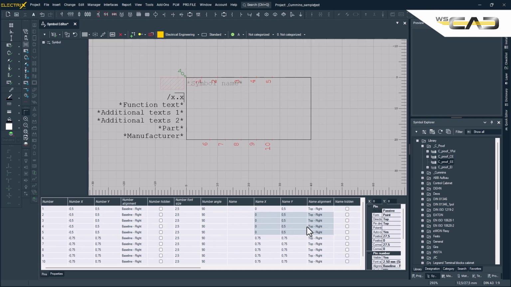For the pins at the bottom of the symbol, starting on pin number 6, your entries is number X minus 0.5, number epsilon minus 0.5,